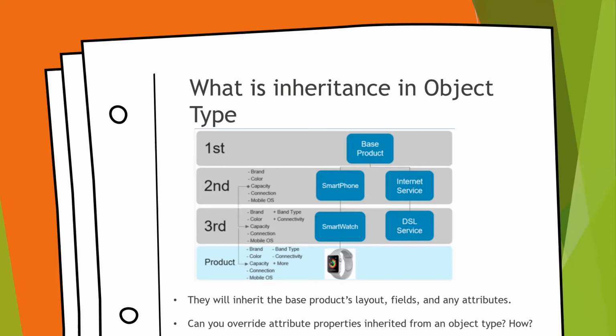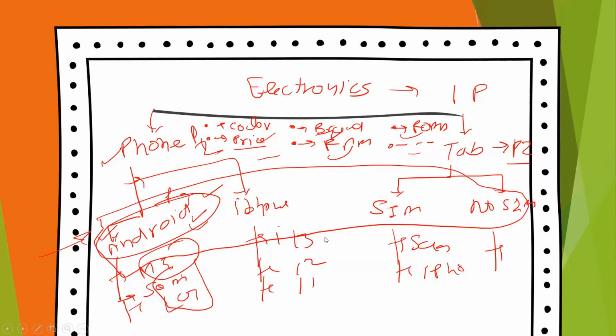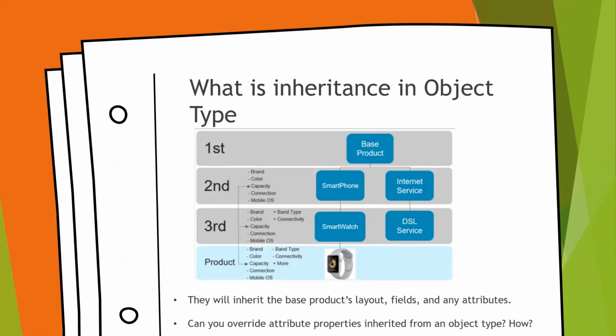They can also ask you what properties are inherited when you inherit any object type. You can say it inherits the layout, fields, and the attributes. There is one hack here: layout, by default, supports hybrid functionality. Hybrid means you can use the layout that is used at the parent level, or you can also override those layouts. We will discuss this. First let me jump to Salesforce.